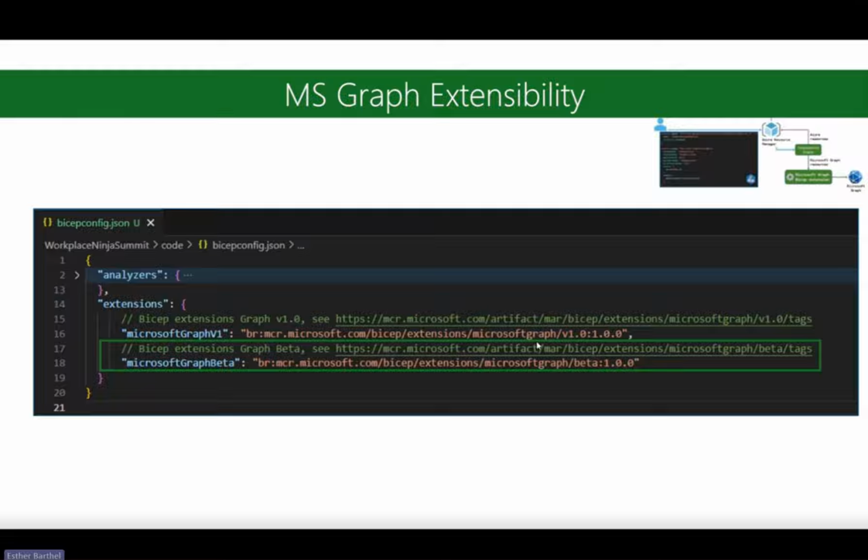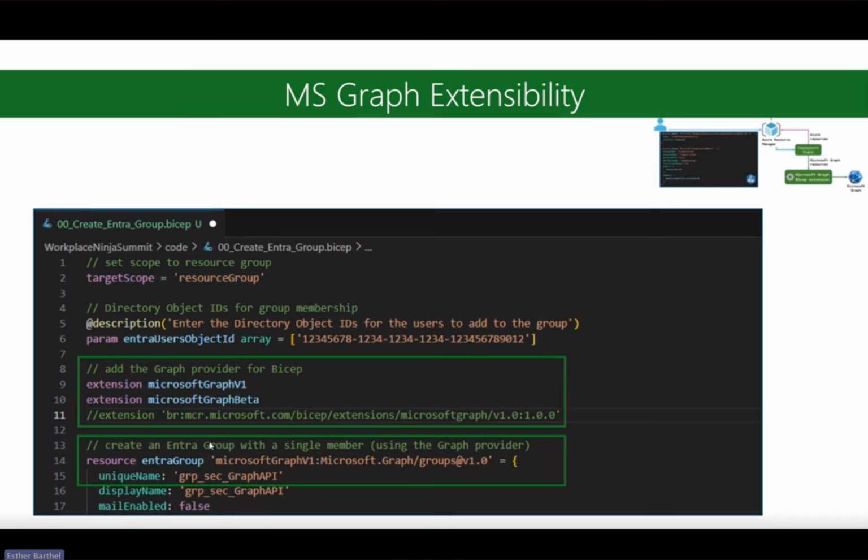As you can see, you're not just using your registry. This is still referring to the Microsoft Bicep registry. And you can also define specific versions of that Graph engine that you want to use.